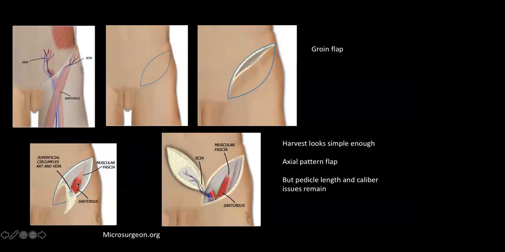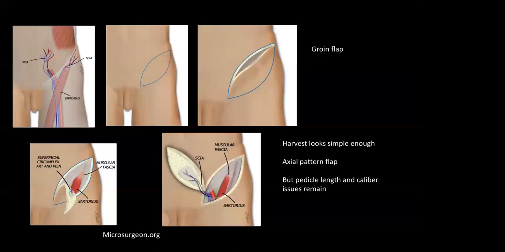The key point here is that once you see the lateral border of the sartorius muscle, you incise the deep fascia of the sartorius muscle and work deep to the deep fascia of the sartorius. And once you come to the medial border of the sartorius, you will see the SCIA vessel. And then the SCIA vessel can be followed up to the femoral artery and taken off from its origin. Now the harvest looks simple enough,